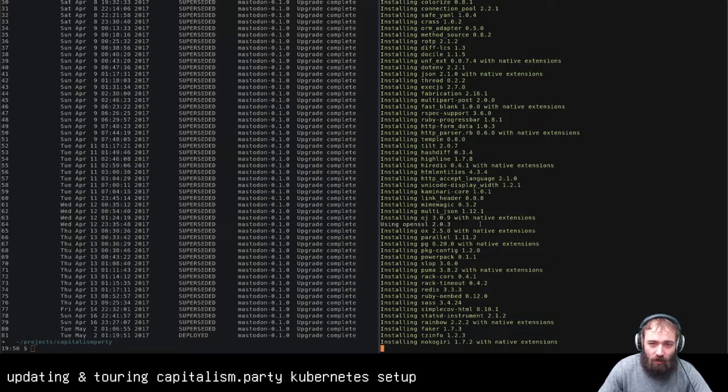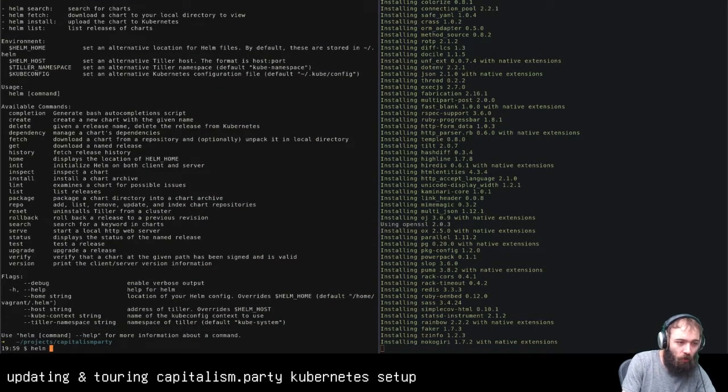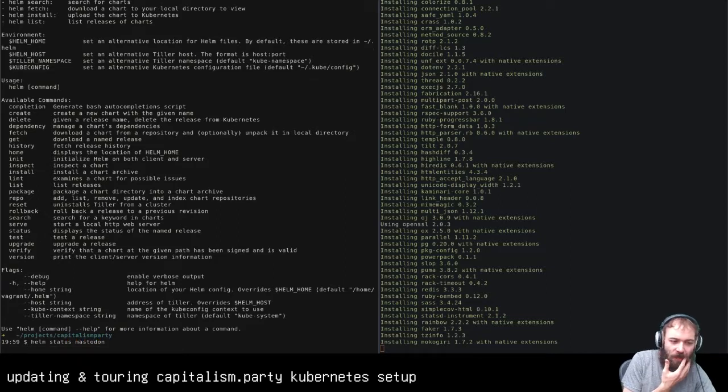So as soon as I have this stuff building, I can just start to deploy and see how it rolls out. And if I don't like the way it looks, then we'll just roll it back, which is pretty trivial to do. So let's say I wanted to roll back. I could see where it's at now. Helm get, no, what is it? Inspect, status. So we can get our full status here